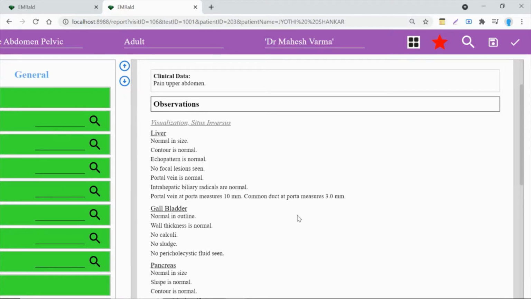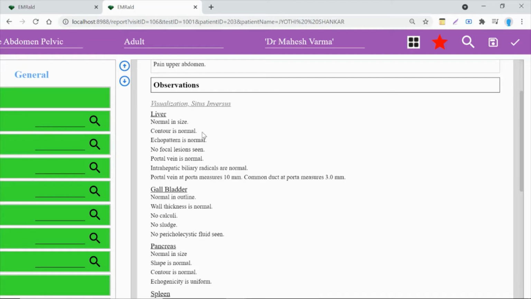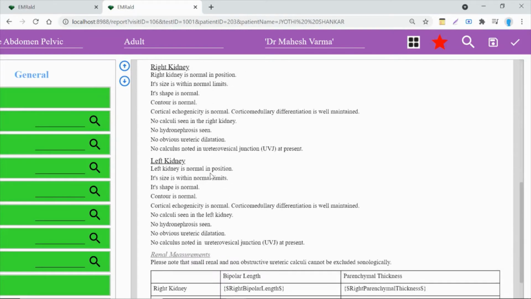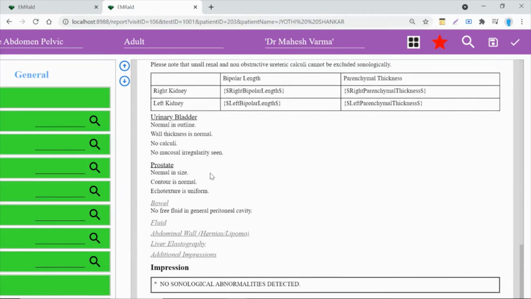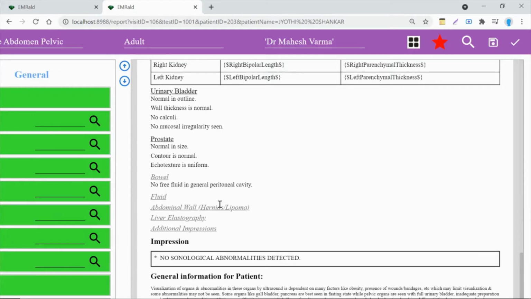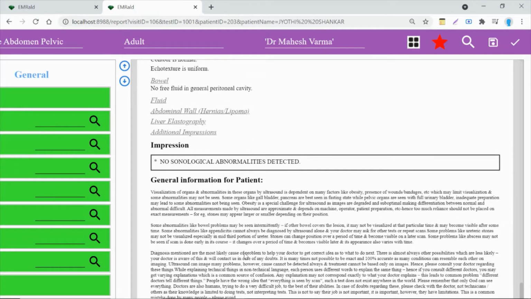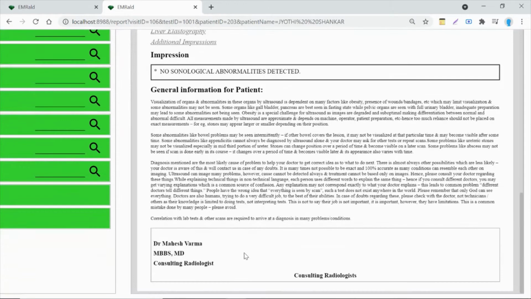I'll scroll through this so that you get an understanding of the structure of the report. To start with, in the abdominopelvic scan, you start with the liver and then the gallbladder, the pancreas, the spleen, the kidneys, the measurement of the kidneys, the urinary bladder, prostate, ending with hernias, if any. So this is the overall structure of the different organs that are listed. Then the impression. Currently the default impression is no abnormalities detected, and then there is some general information for the patient. It's optional; you can choose to have it or not. And then the signature box where the doctor performing the scan would be signing on the report.